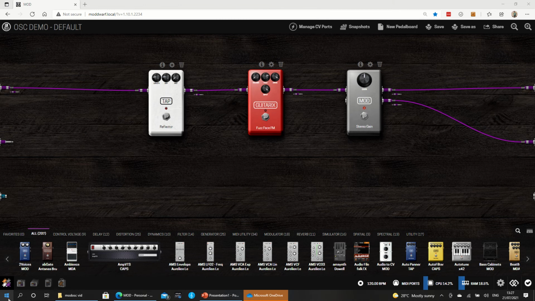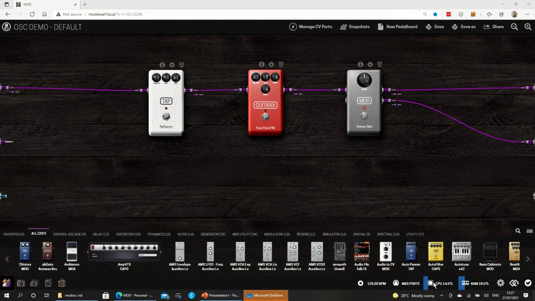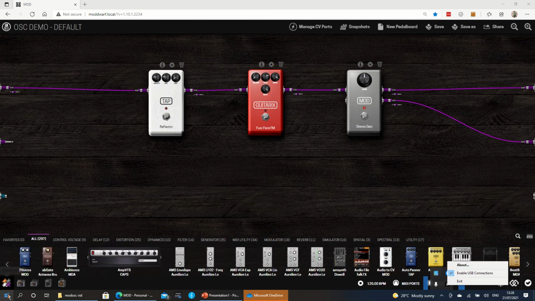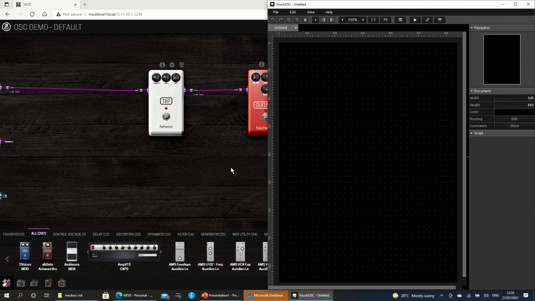Okay, if we move in here, the first thing that needs to be done on a Windows setup is to enable the TouchOSC bridge. And once that's running, you get a little B down in the bottom right hand corner, and if we click on that, enable USB connections is set. If we then open up TouchOSC,